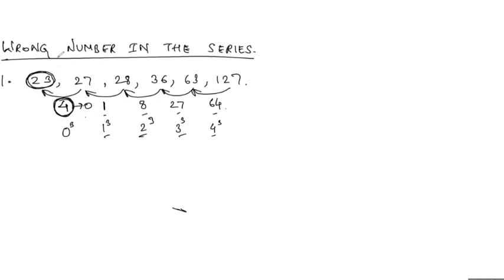But now we know the correct pattern. What is the correct pattern? 0, 1, 8, 27 and 64. 27 plus 1, 28. 28 plus 8, 36. So if you do addition like this, you will get the next number. So what will be the previous number? In this place, what is the correct number? 0. 27 minus 0. Yes. What is 27 minus 0?